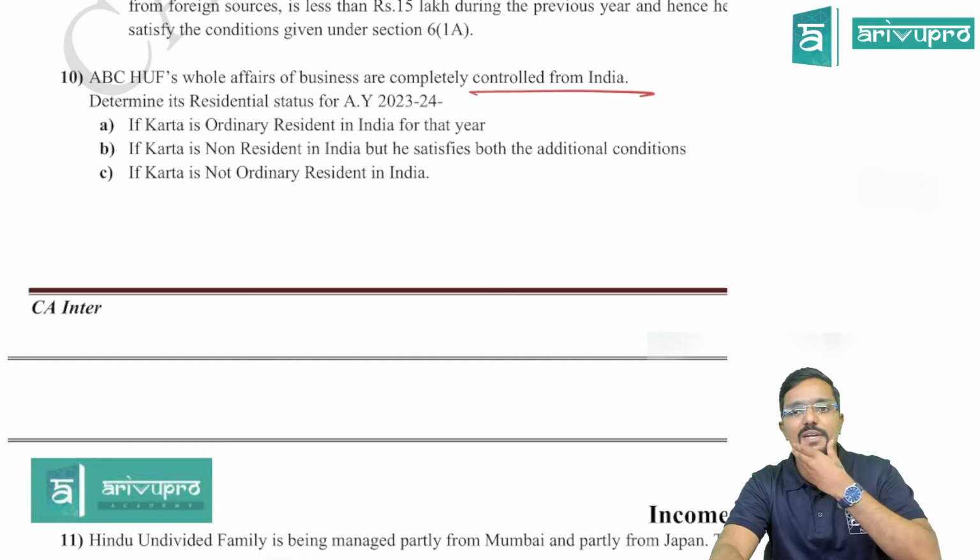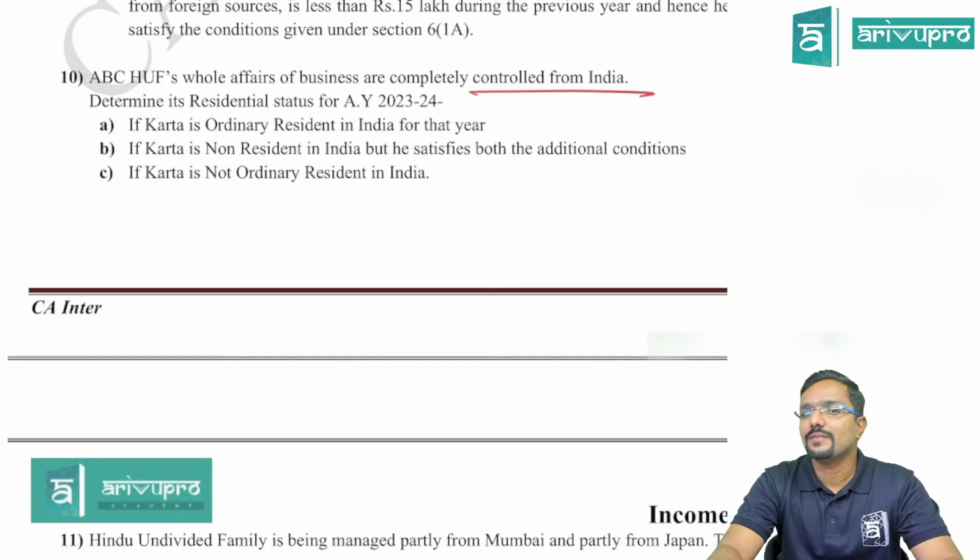I will first explain the provision. Take down. Why will HUF satisfy, sir? 6(1) is not applicable for HUF, na? 6(1) is only for individual. Okay, because see, simple logic. HUF cannot stay in India, go out of India. They cannot trip around. They cannot travel. 6(1) is purely for individuals.